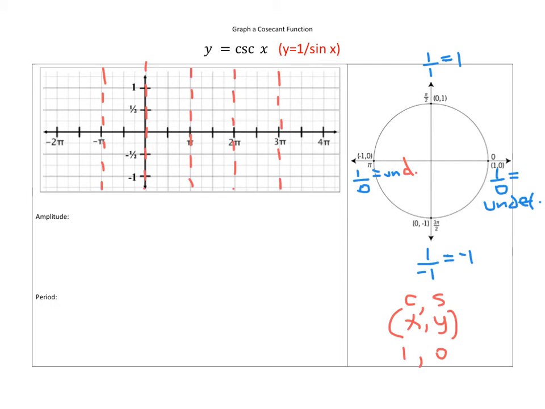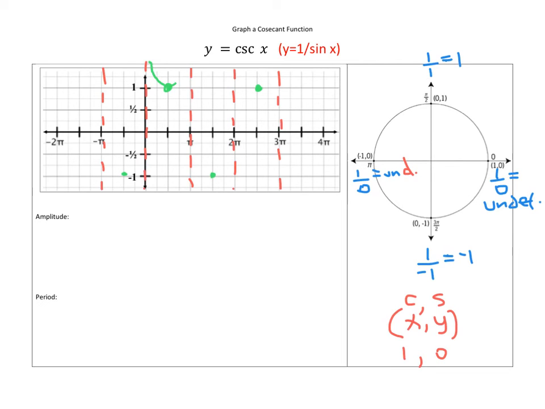I look at 90 degrees, and the cosecant of 90 degrees is 1. 90 degrees is in between here, so I'm going to put 1. Then the next one, at 270 degrees, is equal to negative 1, and I can keep repeating the pattern. I'm going to do one more right here. And now what I need to do is to connect